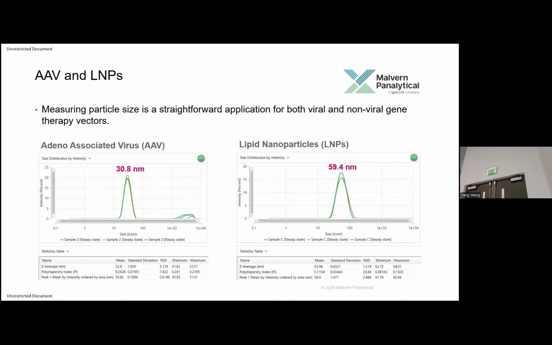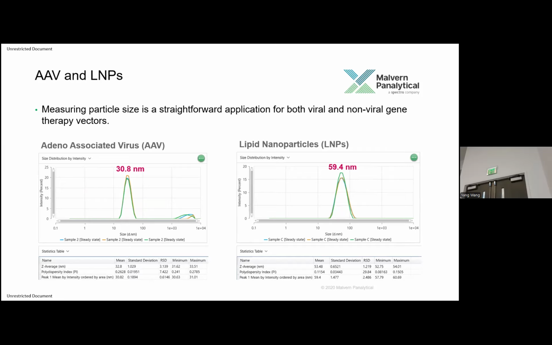So let's look at some examples. For DLS, because you can look at Z average and PDI, you get a quick sense of how pure or how well defined your sample is. The analytical range for the Zetasizer size goes down to 0.6 nanometers, and you can go up to about 10 or 15 microns for size. So a lot of people will look at really small things, and you can get a good sense of purity and